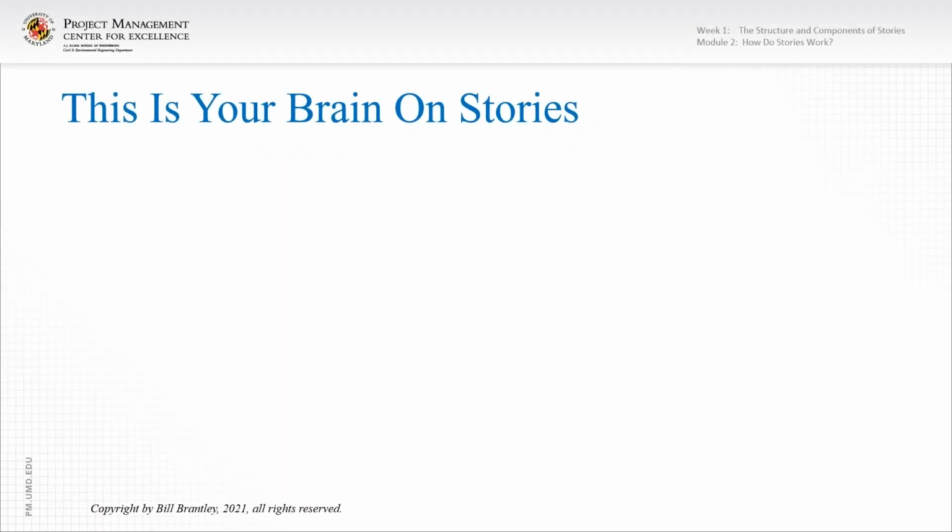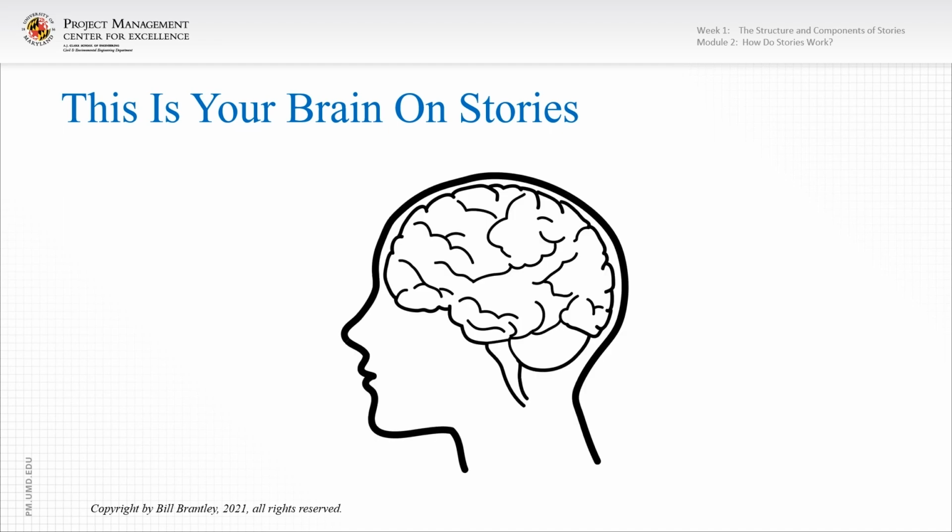As you're listening to a story, and if I have a presentation or I'm showing you a movie, you're also viewing parts of the story, your brain is undergoing all kinds of different activity. So let's start looking at some of the major components here. First, there's the neural coupling. As I'm telling you the story and maybe showing you the story, you're going to sync in with what I'm telling you and what you're seeing, and you're going to basically live that story in your head as I tell it to you.